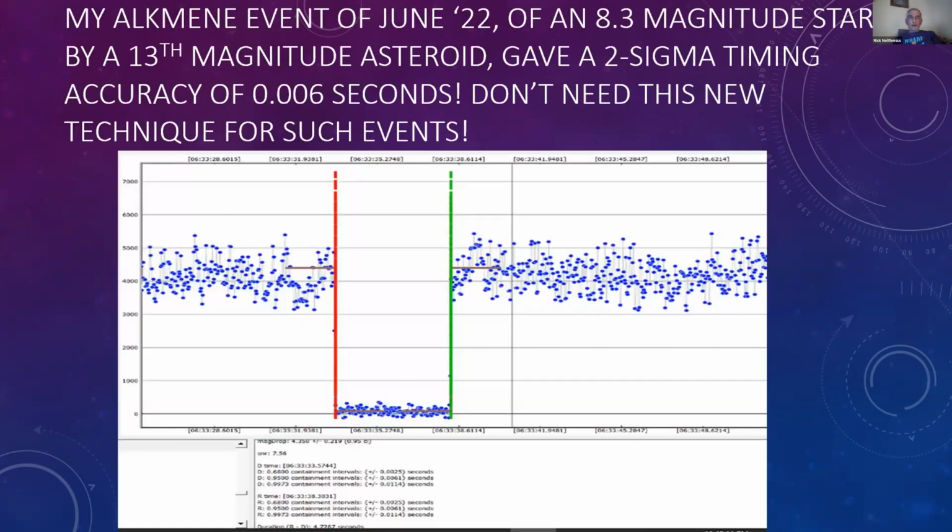Now, if you've got a really bright star, then you don't really need to worry about this new technique. Look at those timing accuracies. Alchemine, this was actually an interesting one. I noticed the RUWE was poor, and yet it was a really bright star, and I didn't want to drive 150 miles and not know whether I could get it. So I said, why don't I just try it from home? If the accuracy is a lot worse than they expect, then I got a 50-50 chance it may shift up here to Santa Cruz. And it did. So anyway, that's just a shot at a very beautiful light curve.